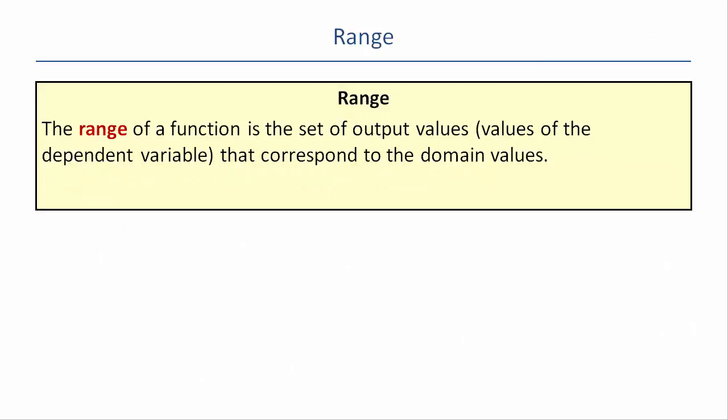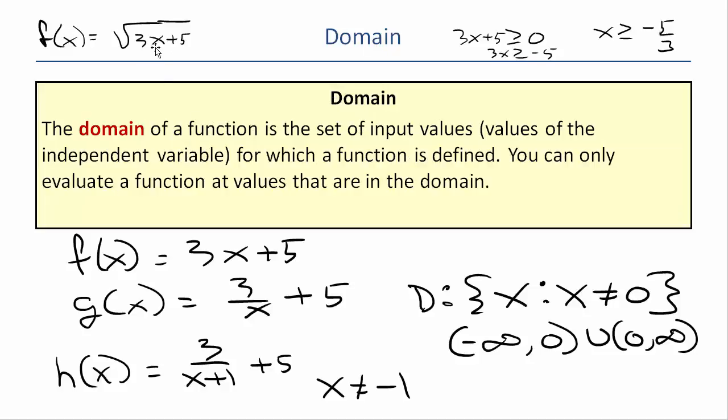The range of the function is the set of all output values, so everything that the answer is allowed to be. Now, when you take square roots, because everything in here has to be 0 or above, when you take a square root, the answer is always going to be 0 or above. So the range of even-powered radicals is always 0 and above. The range of what we call rational functions, these things with fractions, are always going to be all real numbers,